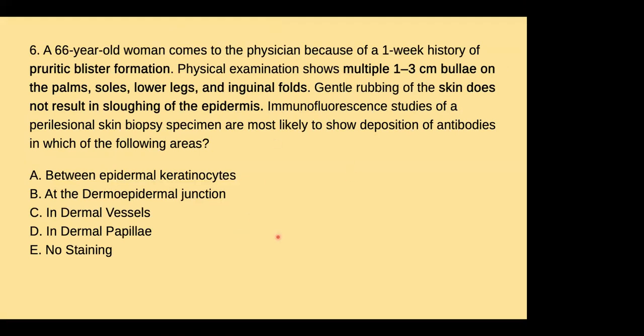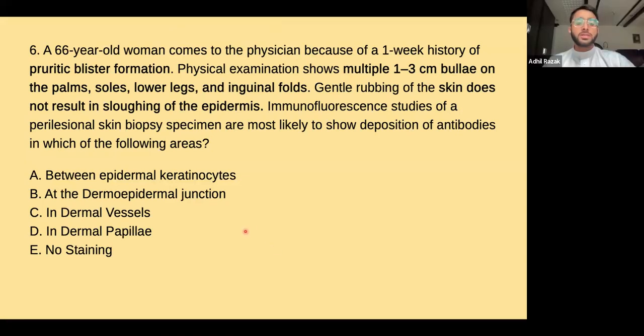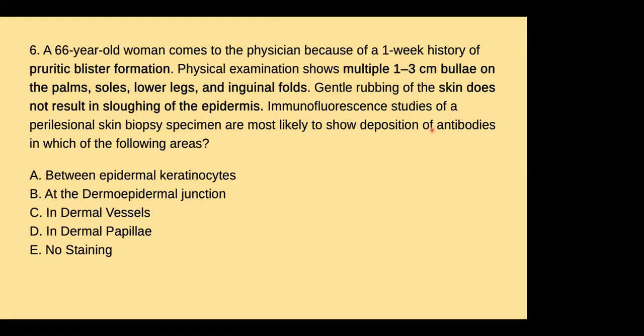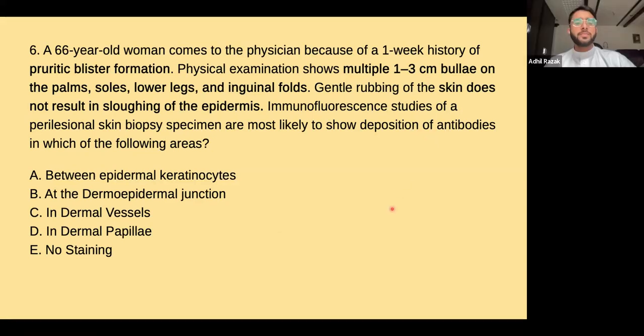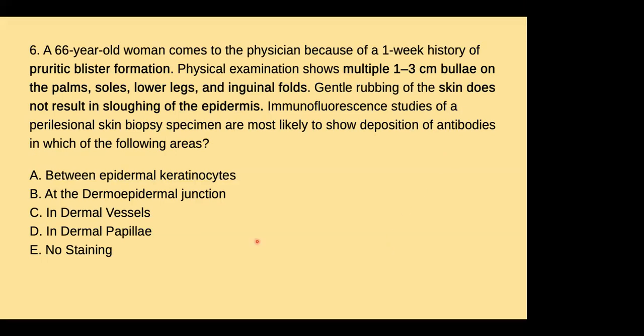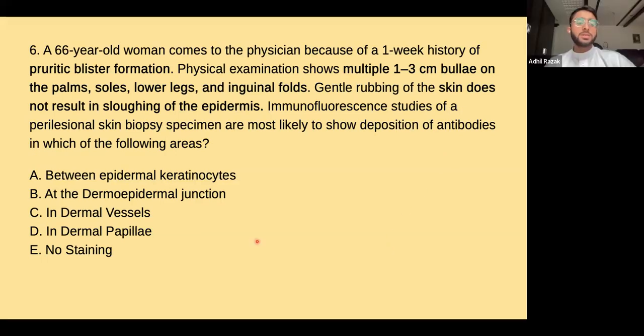Probably in the dermal papillae. Why do you think so? Because the rubbing does not slough off the epidermis. I think this could be bullous pemphigoid, because they are tense bullae. That's a good point. And do you know what the sign is called, the sloughing of the epidermis with rubbing? Is it the Nikolsky sign? Yep, it's the Nikolsky sign. But the answer for this question is